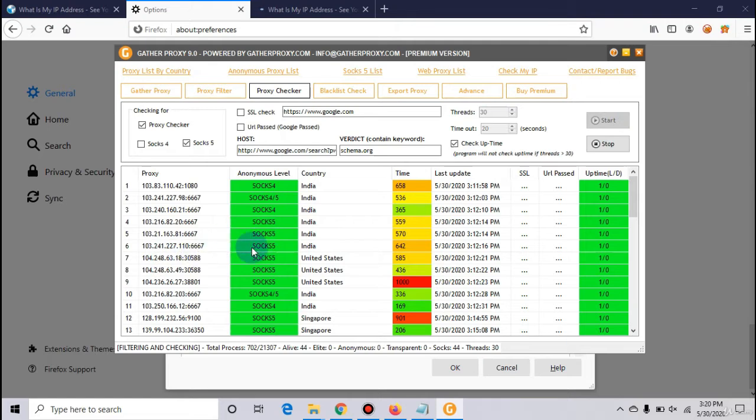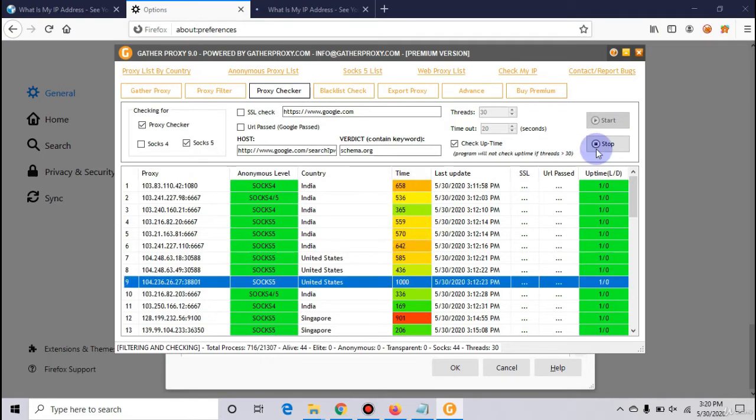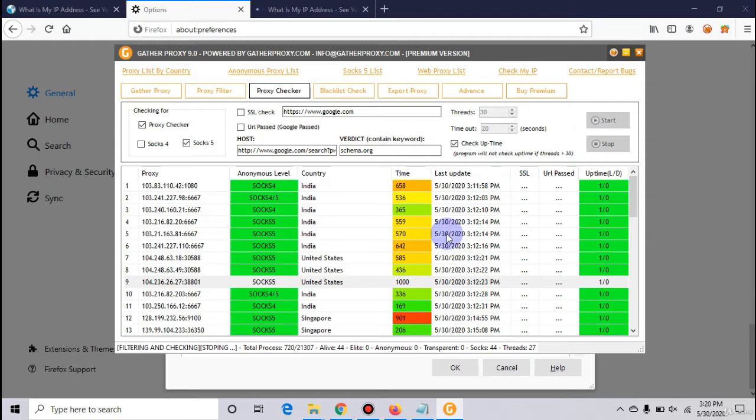Okay, these are the live proxies, so I will use, let's say, this proxy. I will click copy. It is copied. I will stop that. Now the filtering and checking process will begin. So as you can see here, there is a live section, showing how many proxies are good and how many are bad, but I will show you now how it is done.